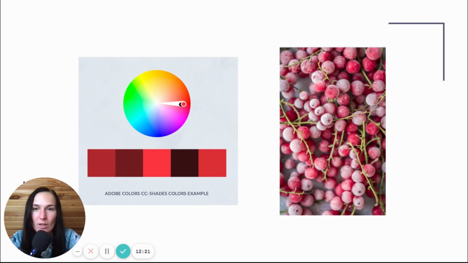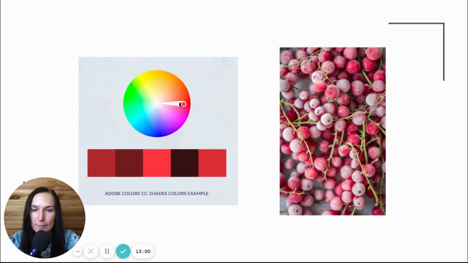For example, here, this is not the perfect example because we have the green branches of the berries, but still we have different shades of the red currants, a little bit more pink, a little bit darker pink, and this balanced it quite well. Another thing you can do is close up blueberries, grapes, whatever, something like this. But on the other hand, these examples are here just as an example